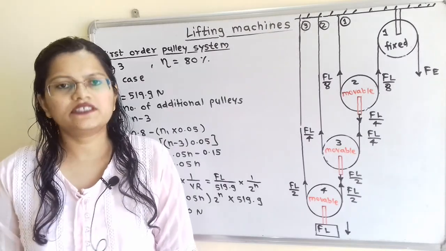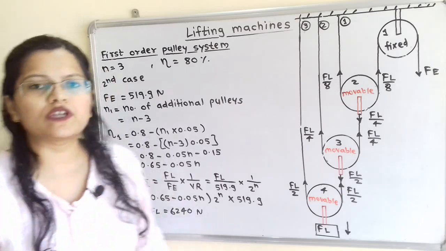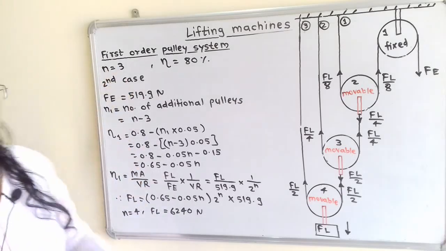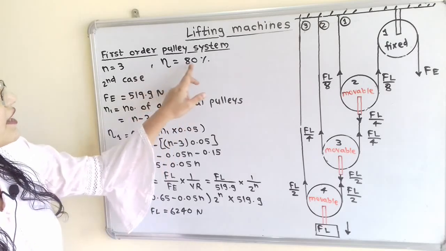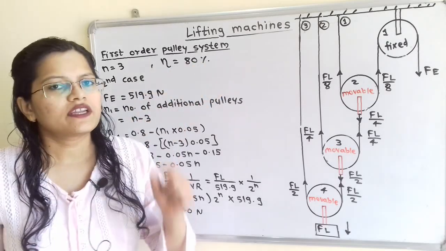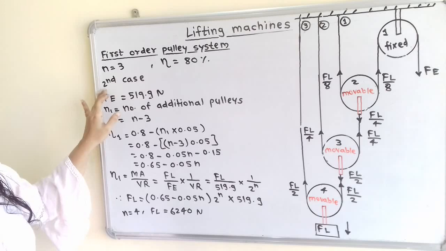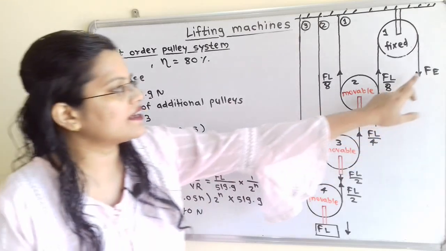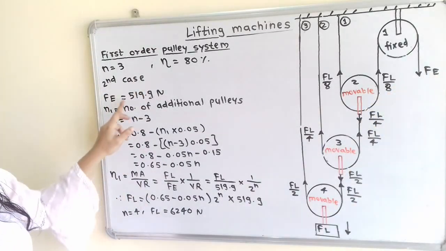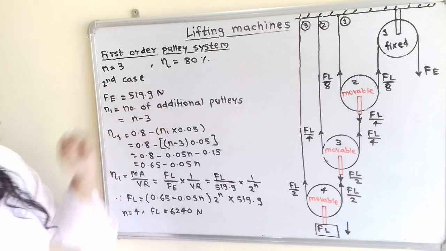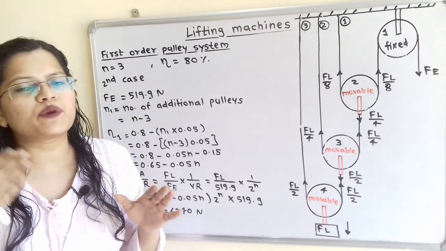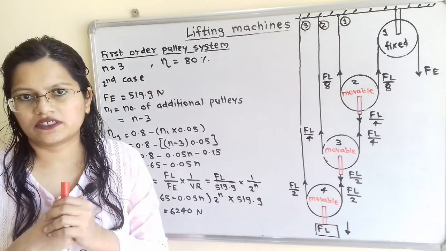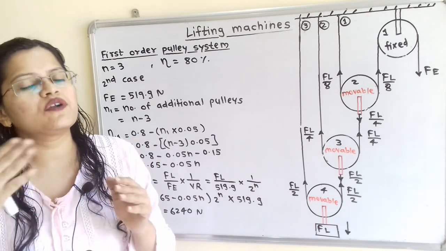In the first case, the total number of movable pulleys is mentioned, N is equal to 3, and efficiency is also mentioned, eta is equal to 80%. Now we will move to the second case. In the second case, applied effort FE is mentioned, 519.9 Newton. Now we have to find out the number of additional pulleys, that is the number of additional movable